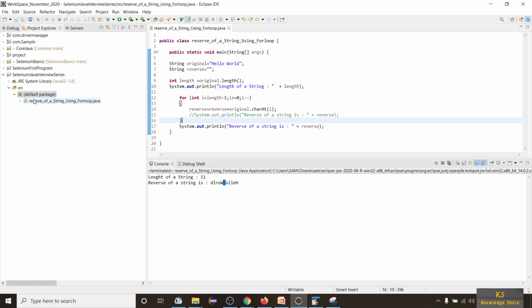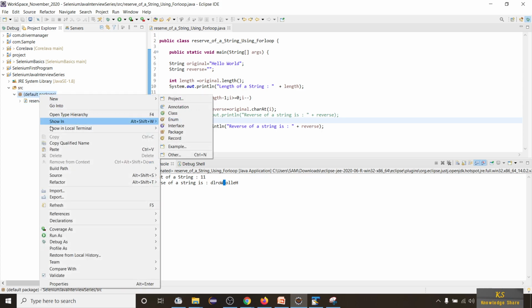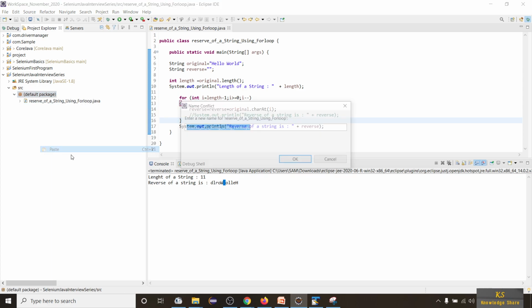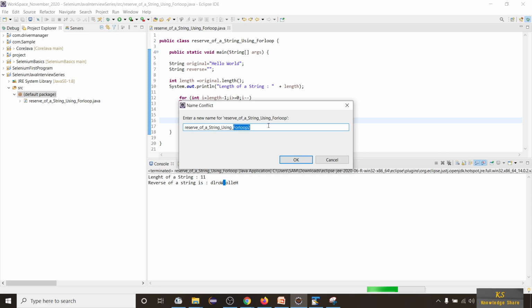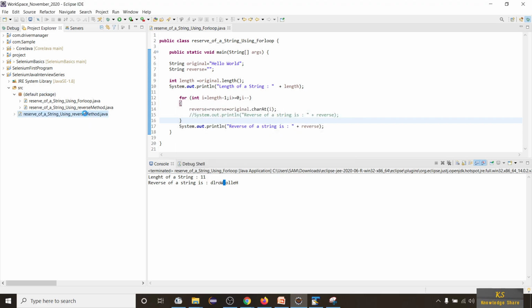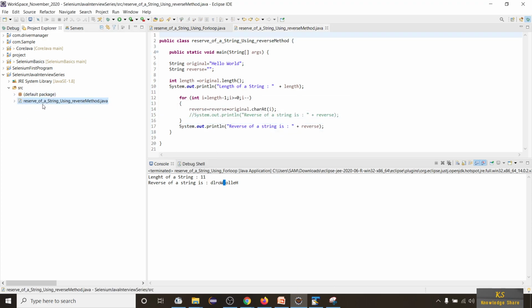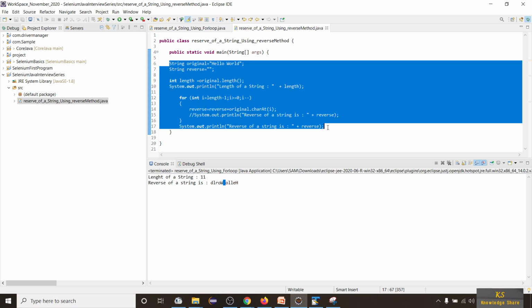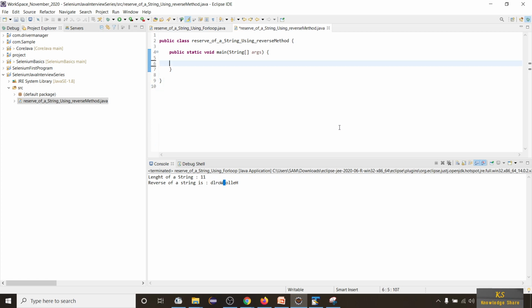Oh, there is no renaming. Okay, let me copy this using reverse method. Okay, that's anyway, leave it. We can concentrate on our programming part. Now I'm going to delete everything here. I'm just going to write a simple syntax. You can see very less coding.